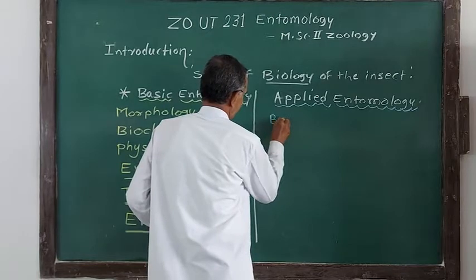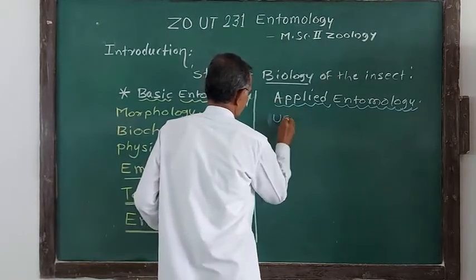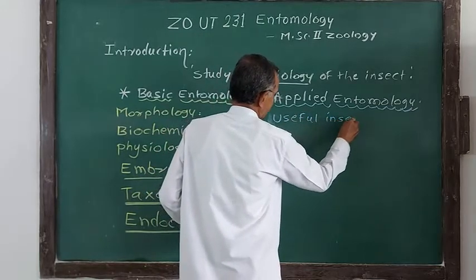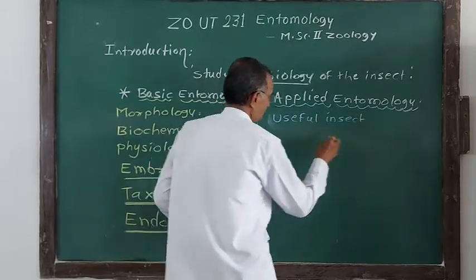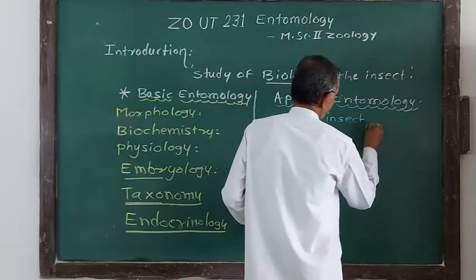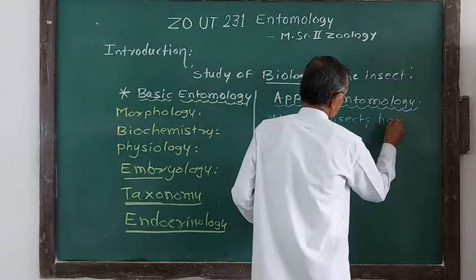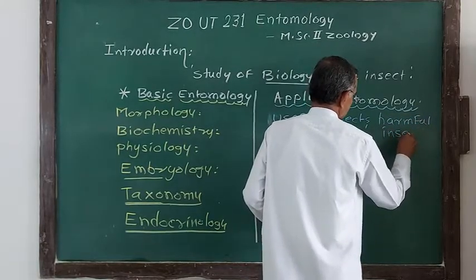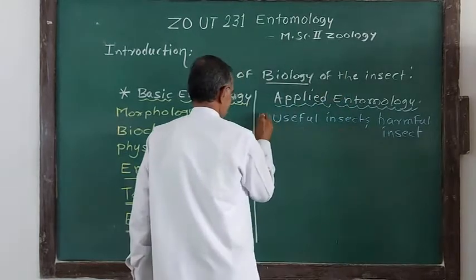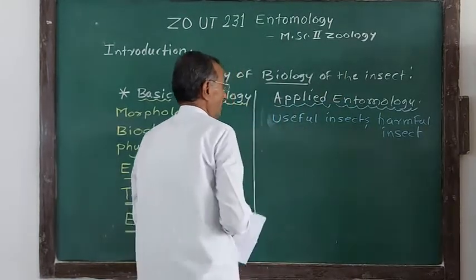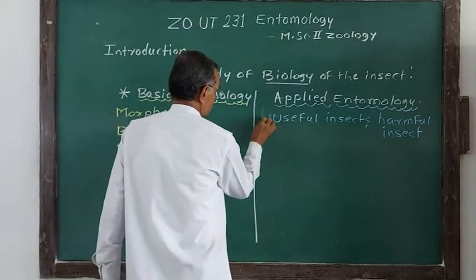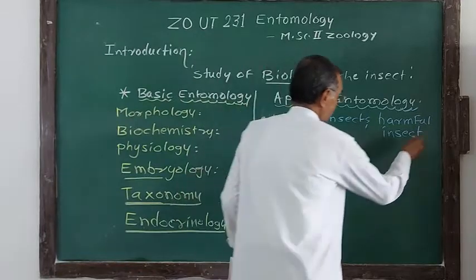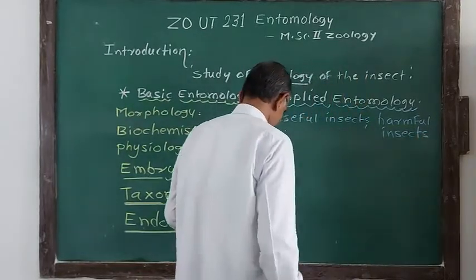Beneficial, or in simple language useful insects, and harmful insects. So this is the parameter which is studied under applied entomology: the study of useful and harmful insects. Now apart from this, applied entomology also deals with